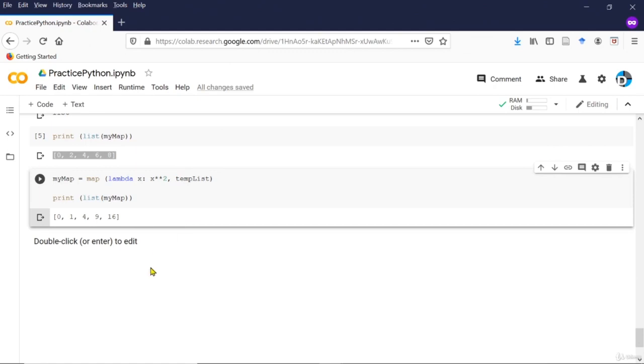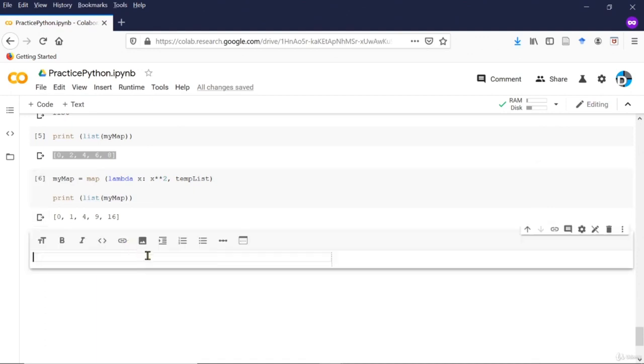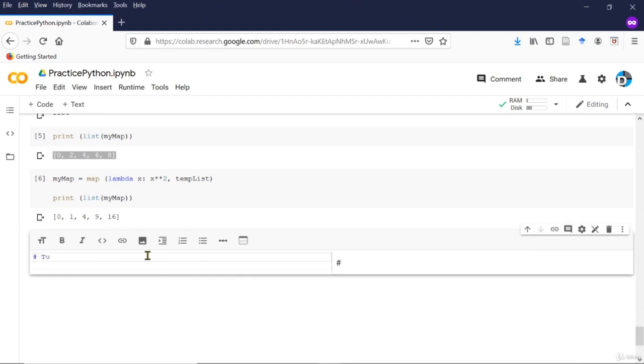So before we move ahead, let's do a quick recap of what we did in the last section. In the last section we saw how to work with list. Now in this section we will see a few more concepts like tuples, set and dictionary. So let's add a section here for tuple,